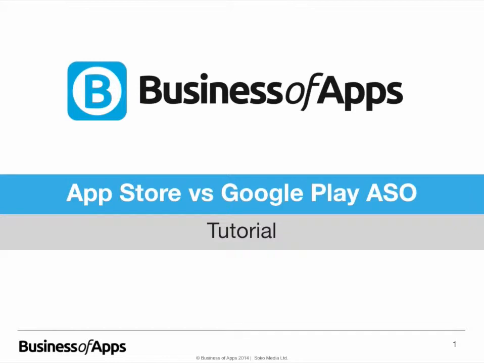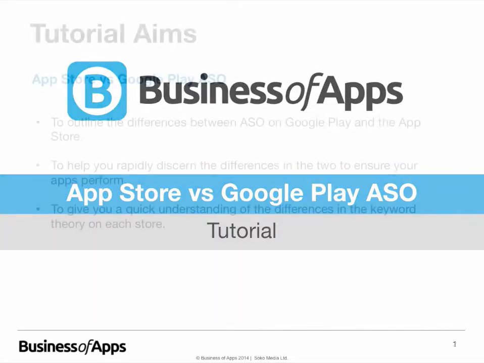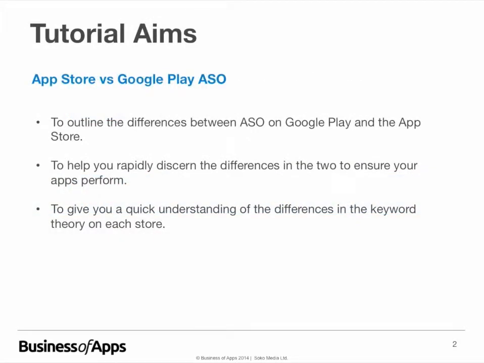Welcome to the latest Business of Apps tutorial, which is all about comparing App Store and Google Play App Store optimization, to help your company or your business to really quickly find the differences between these two different stores' ASO efforts. Just to introduce you quickly to the aims of this tutorial, we're going to be outlining the differences between